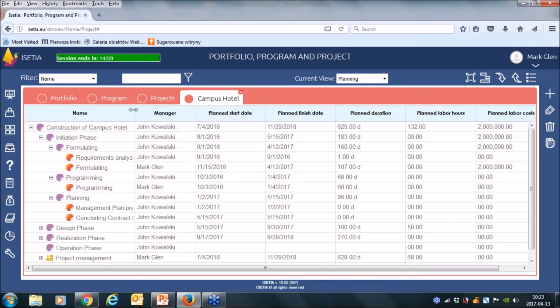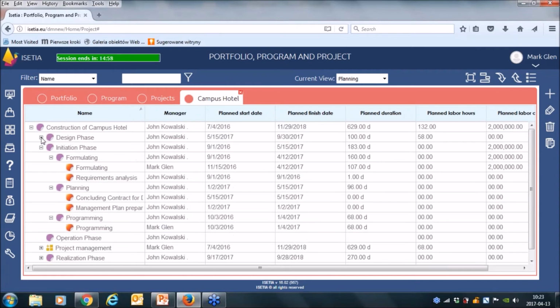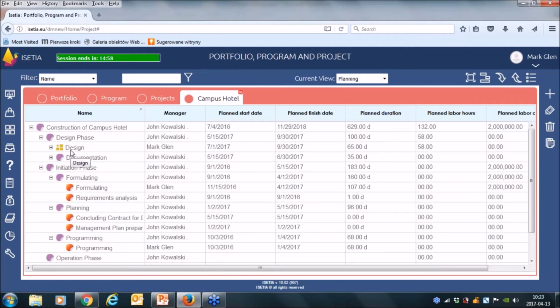So up to that moment, I think nothing special which differentiates ISETIA from other systems is visible yet. But now we are on this edge.